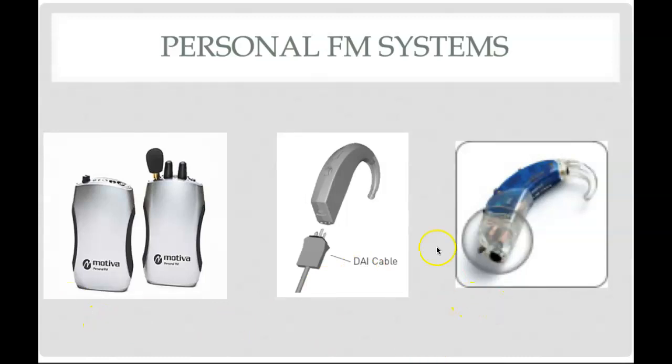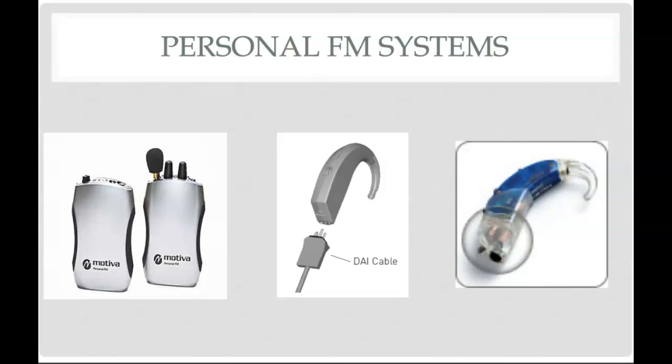Again, most of the time you're going to see something like this, the ear level FM system, because that is the most effective. And essentially what the FM system does is it reduces the effective distance between the talker and the listener. Okay, it used to be we want every kid to be right up front, first row in class, and that's not the case now. We usually recommend they go back into the second row so they're not looking up at you. So a little bit, not in the back, but not directly in the front.